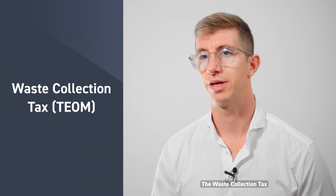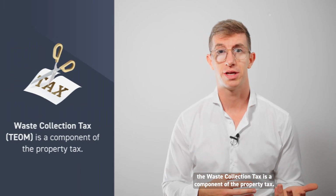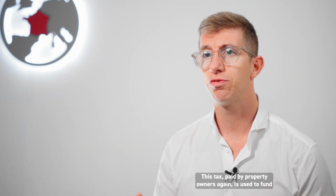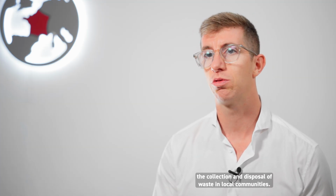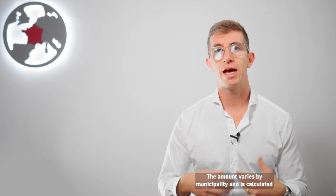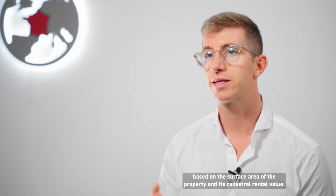The waste collection tax. Often overlooked, the waste collection tax is a component of the property tax. This tax, paid by property owners again, is used to fund the collection and disposal of waste in local communities. The amount varies by municipality and is calculated based on the surface area of the property and its cadastral rental